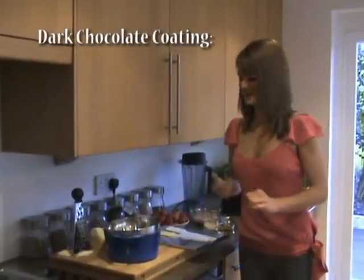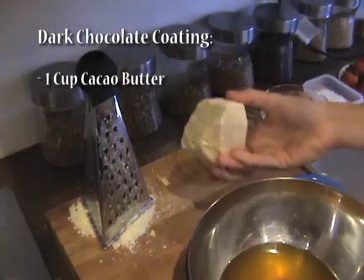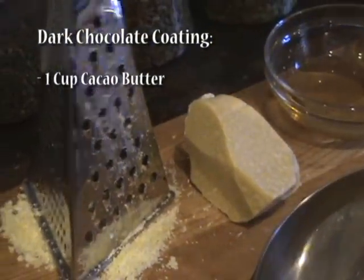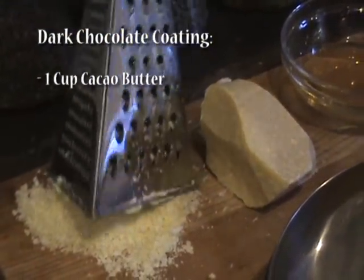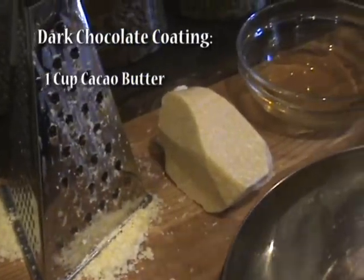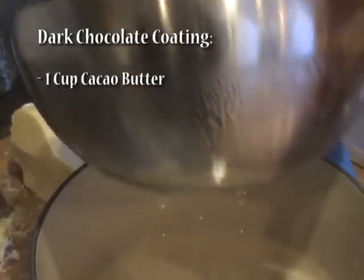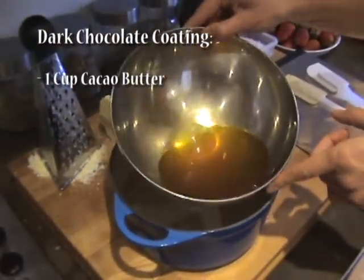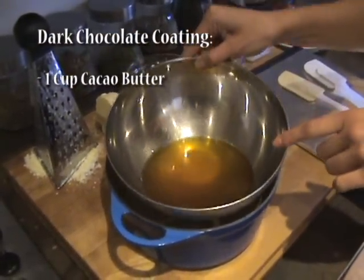For the dark chocolate coating, I'll be using cacao butter, and when you get it from a shop it's really solid, so it's going to take you all day to melt. What I've done is just grated it up just like this and put it into a metal bowl over hot water. Metal works really well because it melts it really nice and quickly, and I've got 1 cup melted